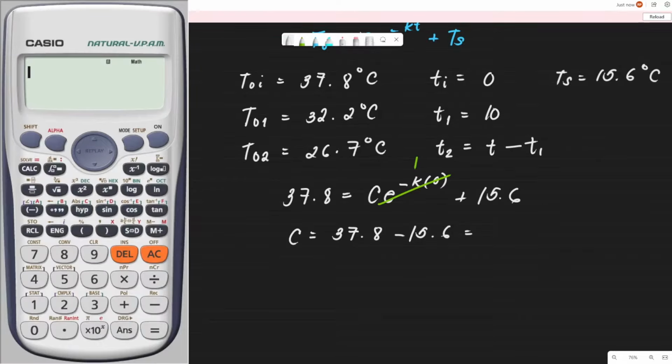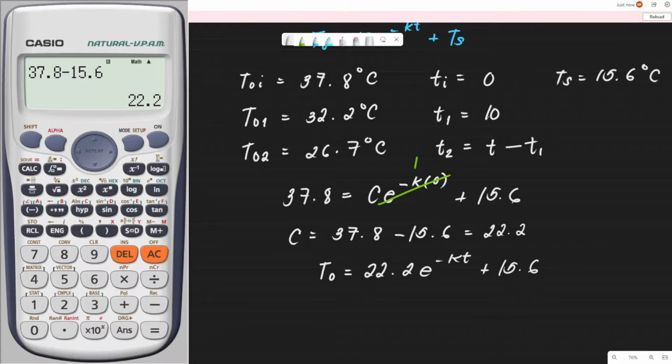Okay, so we have 37.8 minus 15.6. That is equivalent to 111 over 5, or 22.2. So sulat na lang natin dito: 22.2. So this is the value of C. Therefore, our new working formula is T sub O is equal to 22.2 e raised to negative KT plus